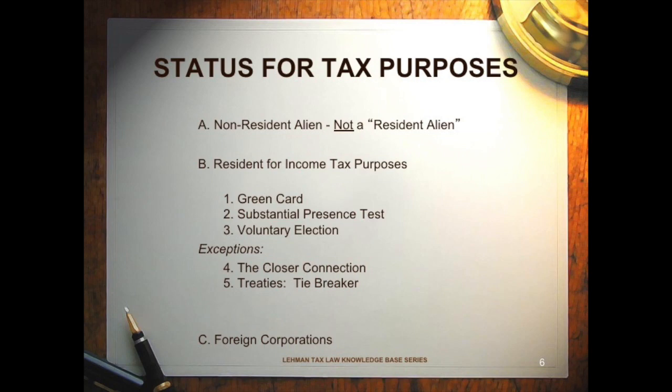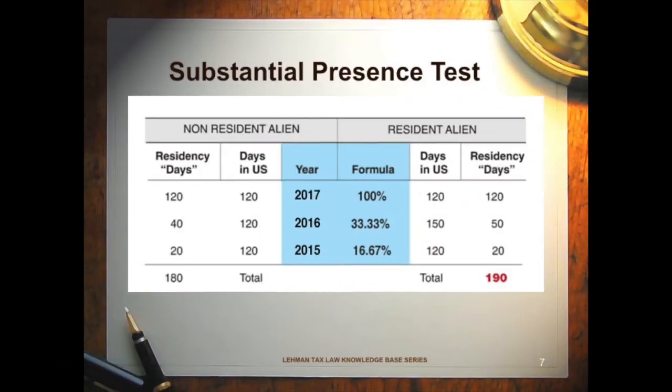Now, the first, we talked about the green card, which is permanent residency. The next way that one becomes a U.S. taxpayer, a U.S. resident for tax purposes, is what we call the substantial presence test. And what that is, when somebody is here for a lengthy time period, and the way it's measured is you